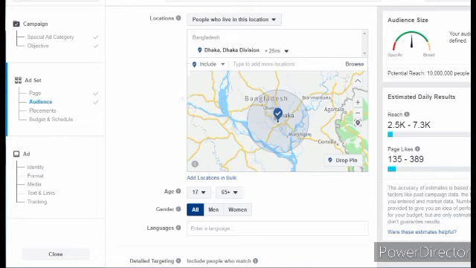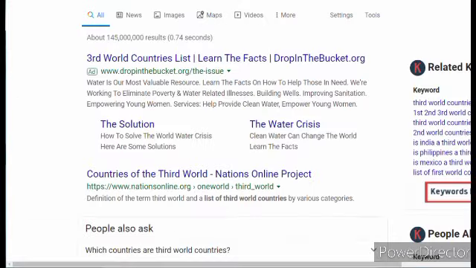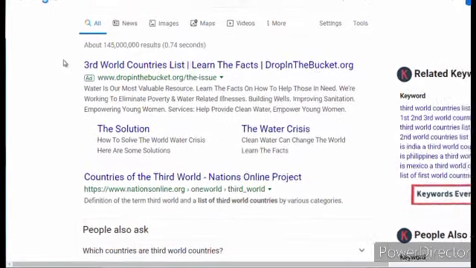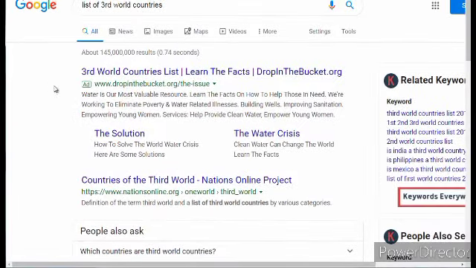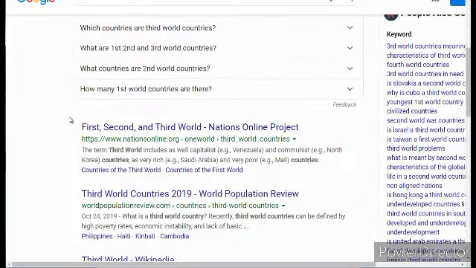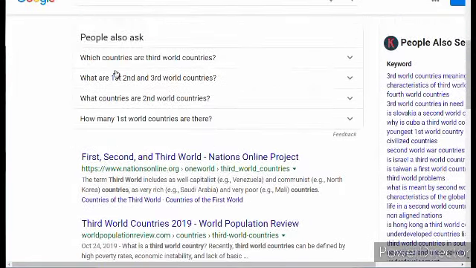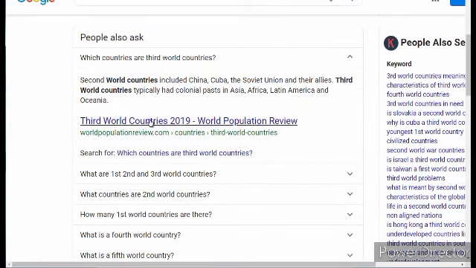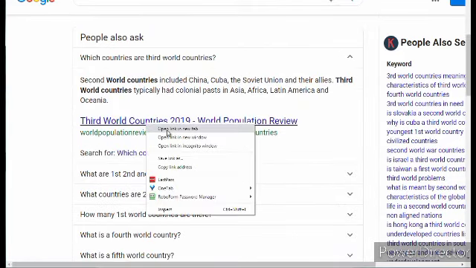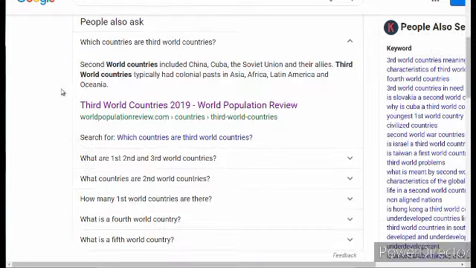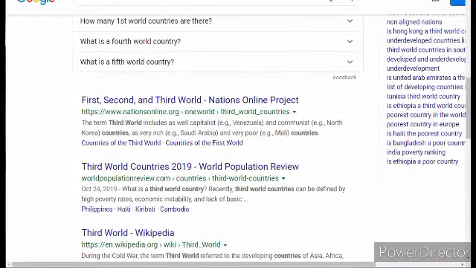So what we like to do is if you're not aware of what country to target, you can actually simply go to google.com, type in the keyword term list of third world countries and scroll down and just try to look for it. So it says world, third world countries, 2019. Now, obviously, this most likely is going to stay the same throughout the next few decades. But if we go back over here,